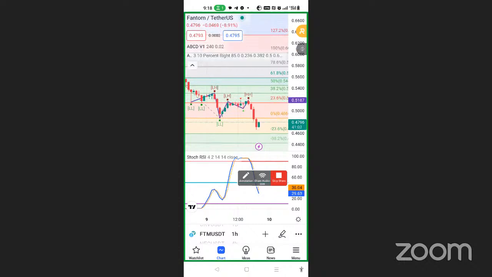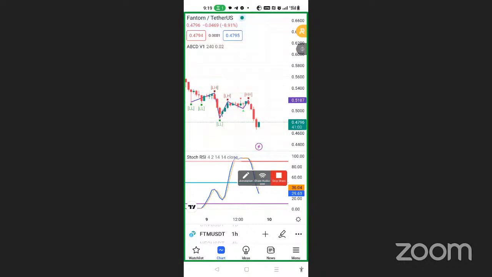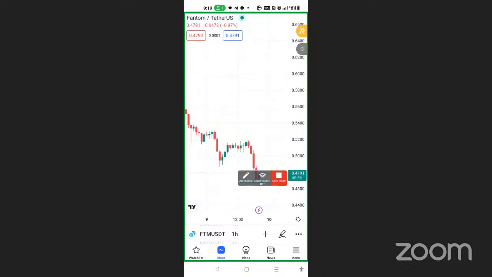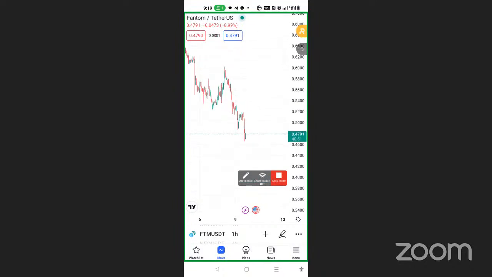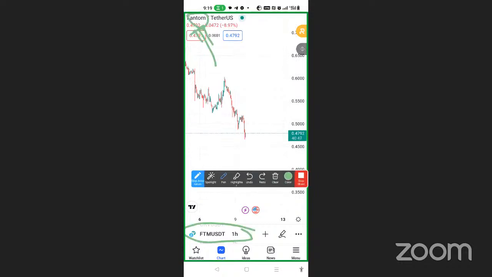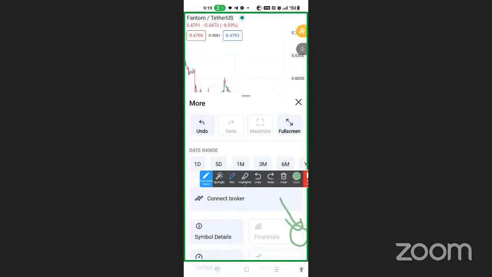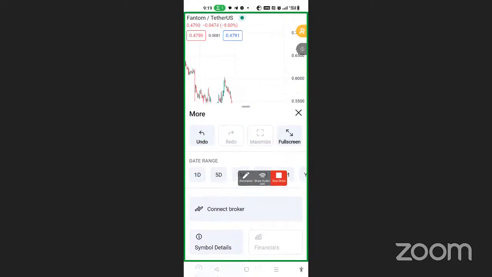So your screen will not look like mine. So let me clear it up. Your screen will not look like mine. Your screen will have a lot of things in it immediately you open it. So the first step is to come down here on these 3 dots, if you're using a phone, I mean down there. Tap on them. Move your screen to this side, in this area where you see undo, redo, full screen. Then you come to,